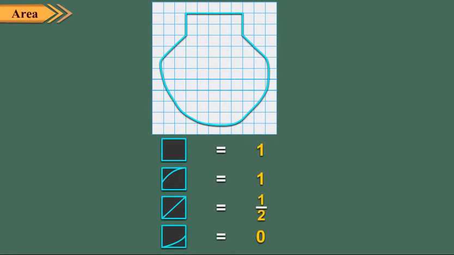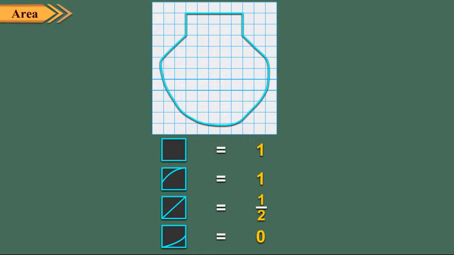Now let us discuss how to find the area of irregular shapes. When the figure whose area is to be estimated does not cover the unit squares completely everywhere, we proceed as below. Count each complete square as 1. If a square is more than half, count it as 1. If a square is exactly half, count it as half. Ignore the squares which are less than half.